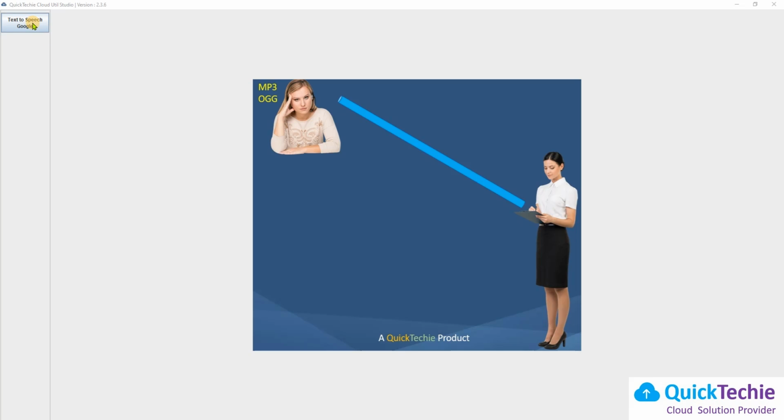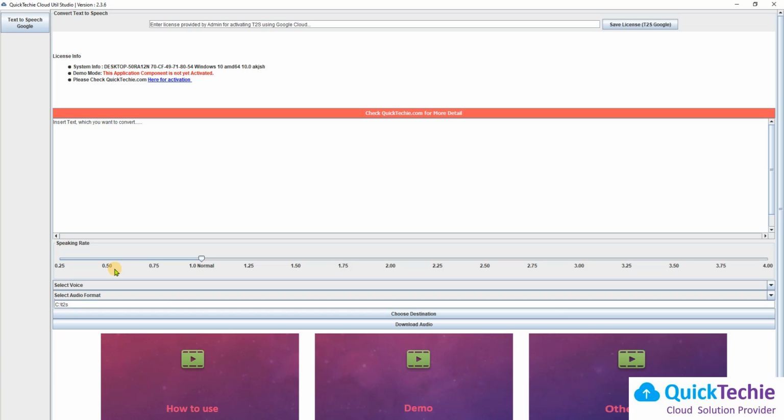Now once you click on this text to speech Google button, it would launch a different screen, correct? In this screen you need to see the various things before you use it. First, this application by default launches in demo mode. If you have subscribed to this product from the QuickTechie website, then you would get the license as well. If you are not subscribed and just want to test the demo version, you can do that also.